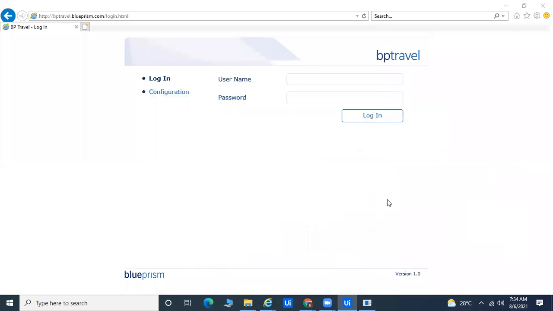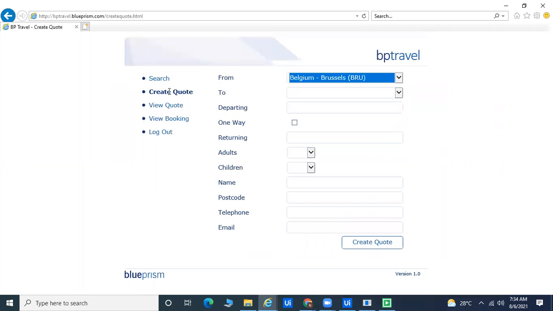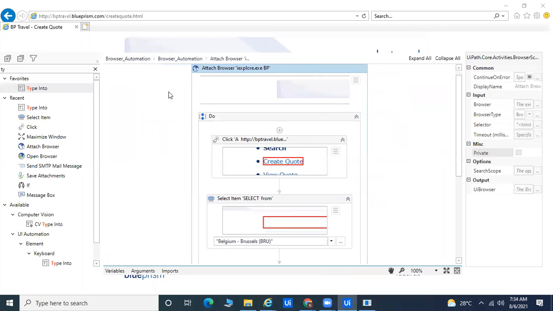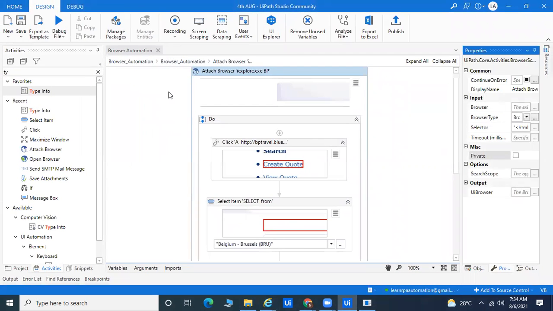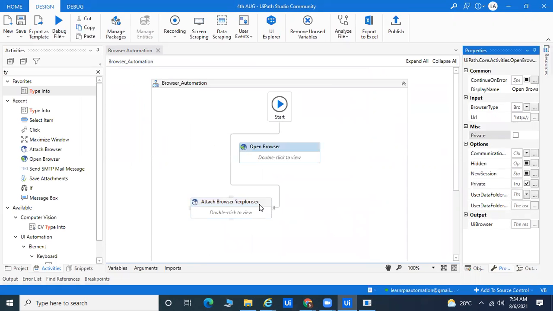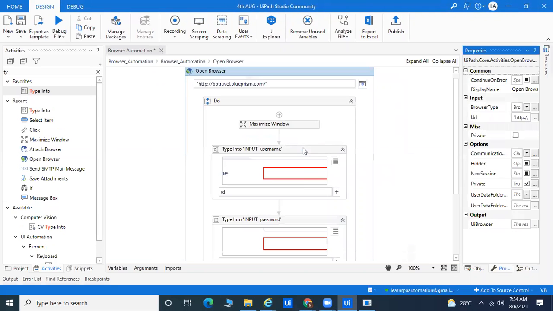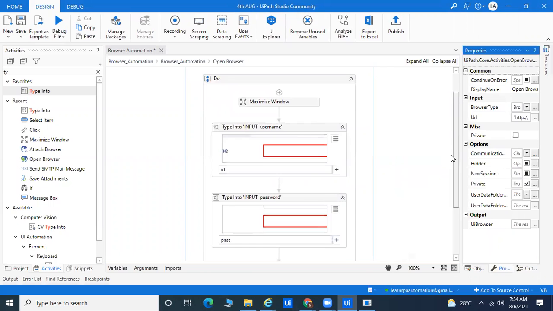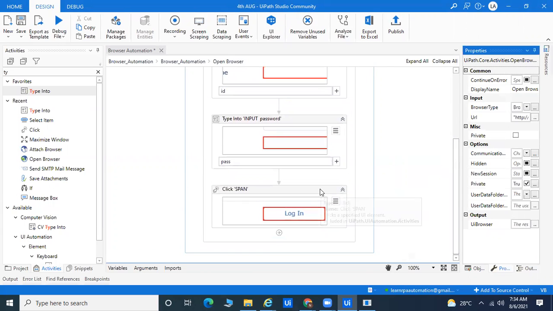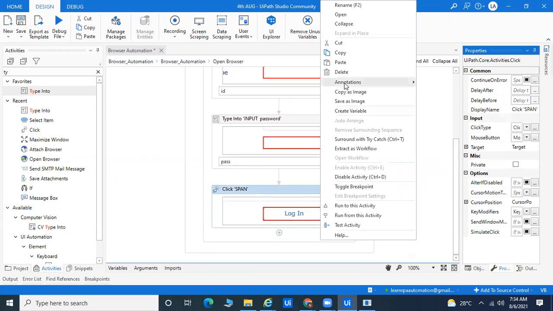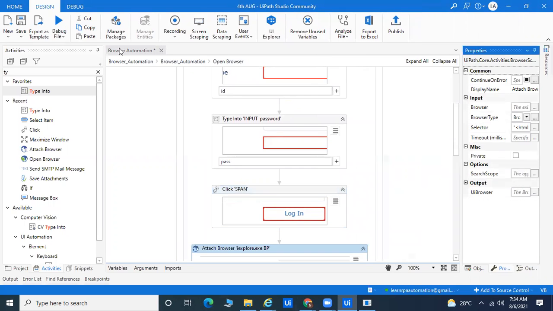If you run this program and log in here, it will work. Right now you can see it's working fine. Attach browser always works for the same browser and the same page where you're working right now. Otherwise it will not work. Suppose you're working in multiple applications, and one time you do the login and you do Excel automation, and you've already done the separate part where you can go for multiple things.